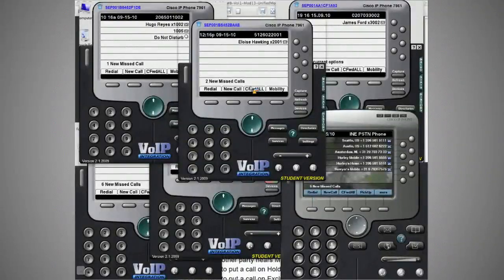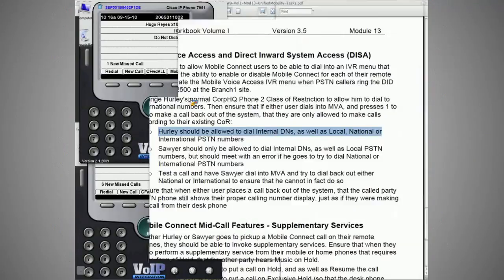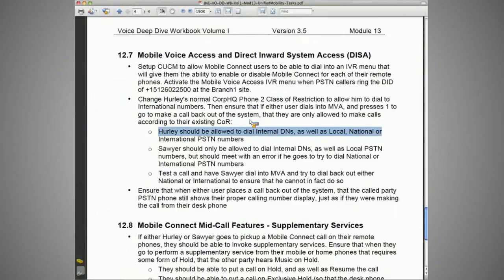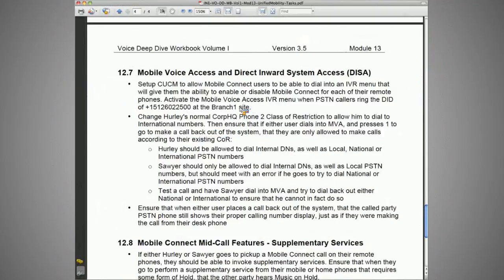Yes, by default. Okay, so we've met all the requirements. They can dial in, class of restriction works,